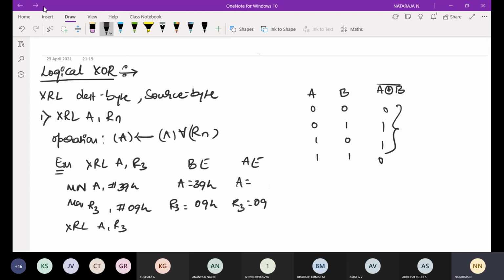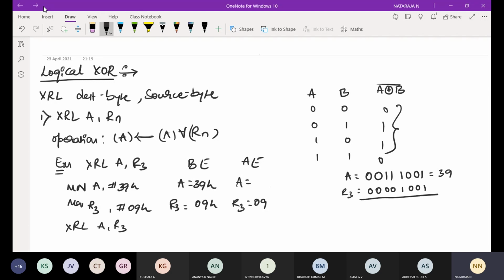Whatever the XOR operation between these two is, that will be stored in the accumulator. Let us check the operation. A is equal to 39. The binary equivalent of 39 in 8, 4, 2, 1 is 0011 1001. R3 is equal to 09: the binary equivalent of 0 is 0000 and of 9 is 1001.